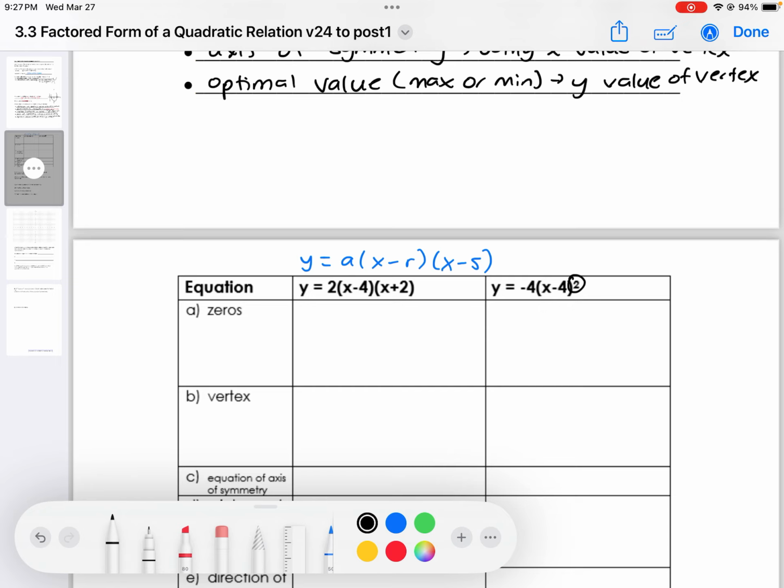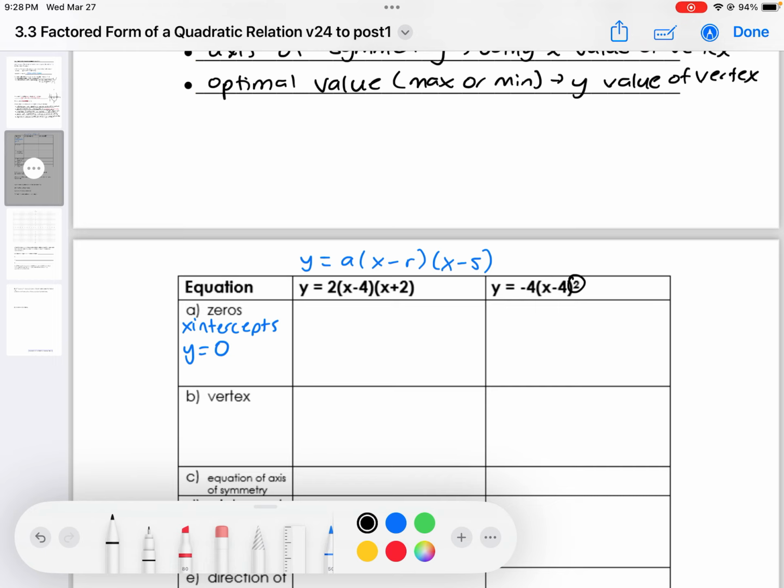We have to be able to multiply these two binomials together to make a standard form equation. And then the opposite of that is called factoring. And that is a big deal. And you're going to see how useful the factored form is, as well as how useful the standard form is. Okay, so depending on the situation, you might want one or the other. So when you have the zeros, so if you want to write yourself a little reminder, these are the x-intercepts, or when y equals 0. What happens is